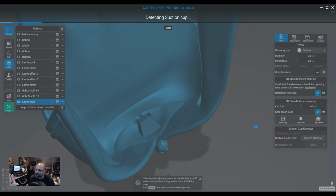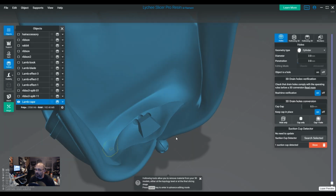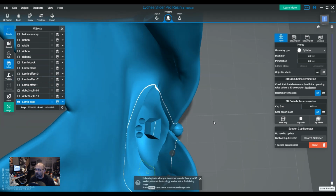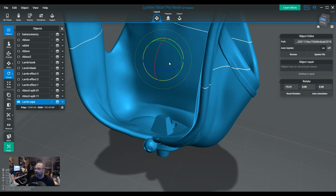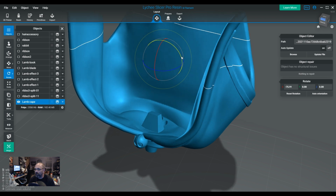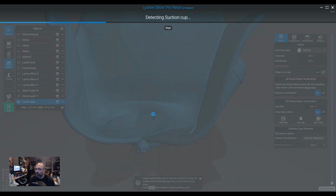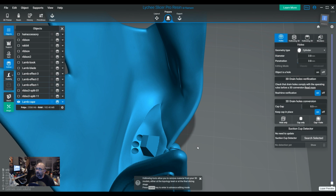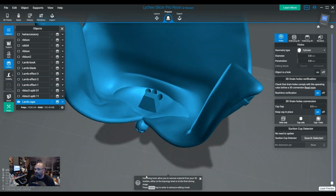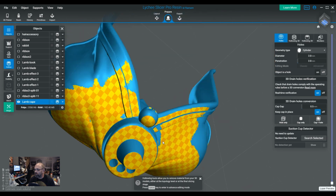And again, if I check the suction cup, it's still going to tell me there is going to be suction, because there will be in the corners where I cannot put a hole because it is leaning a little bit to one side. The other thing we could do is actually correct the trajectory here a little bit. And then we could also take a look there. This will reduce that suction over in the corner. It's still going to be there a little. Okay, no, actually, look, that gets rid of it. So there you go. You put your 3 little holes and you just remove that lean, and boom,